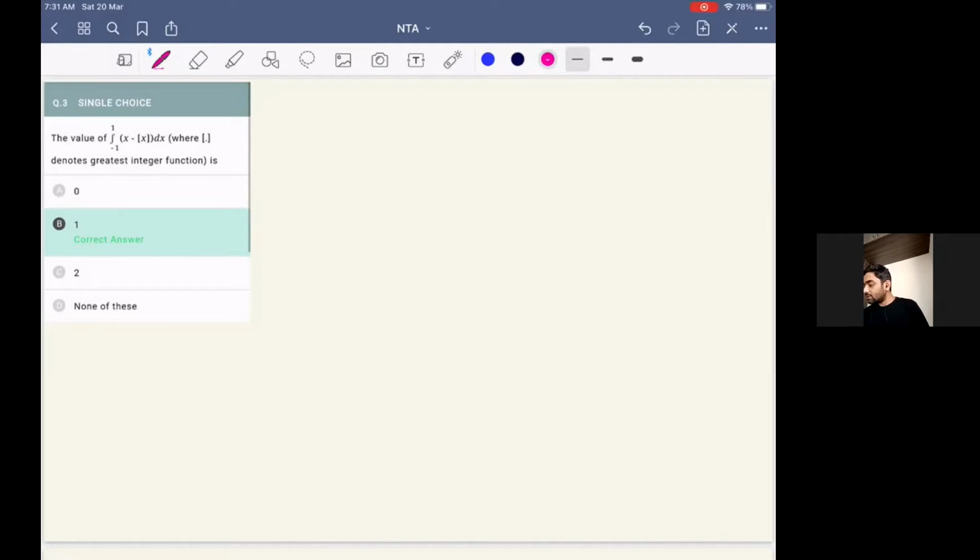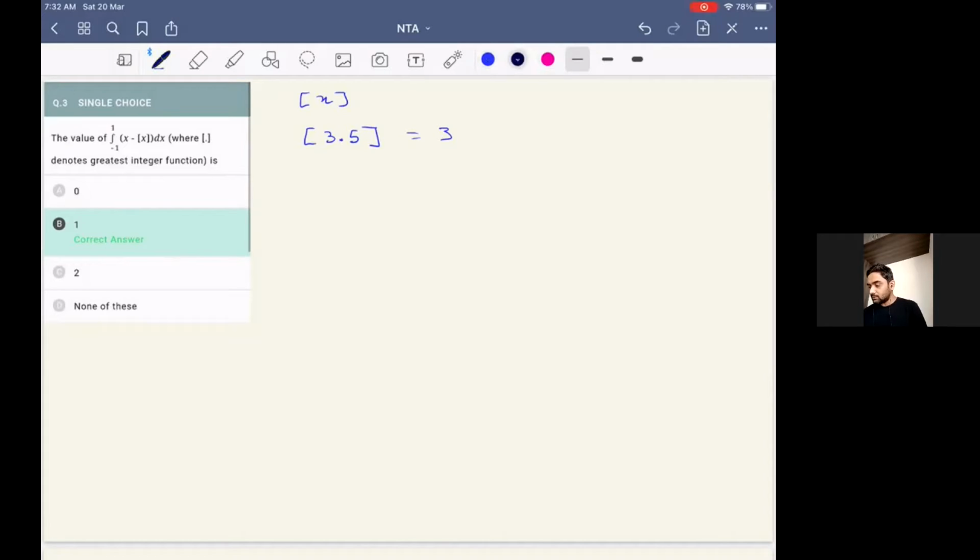So before we start the question, first of all, I hope all of you are clear about what the greatest integer of x is. What does the function greatest integer x or box x represent? For those of you who are not familiar, it's very clear from the name, we call it the greatest integer less than or equal to the number. So that means, let's say you have a number 3.5 and you want to find the greatest integer less than or equal to it. Obviously it will be 3. So that's how we define the greatest integer function. Now let's look at the question.